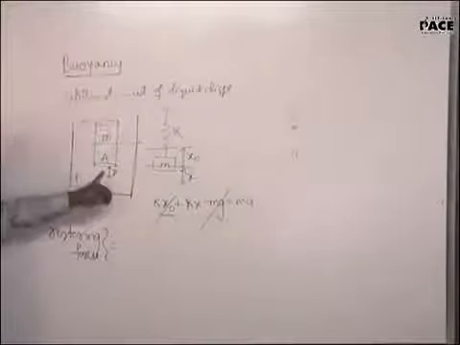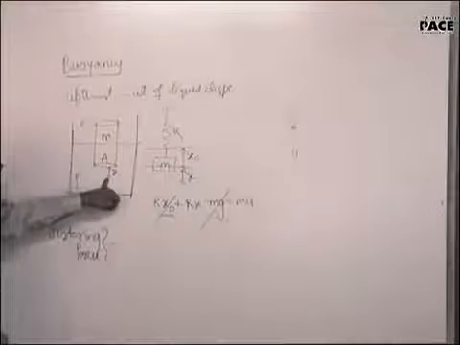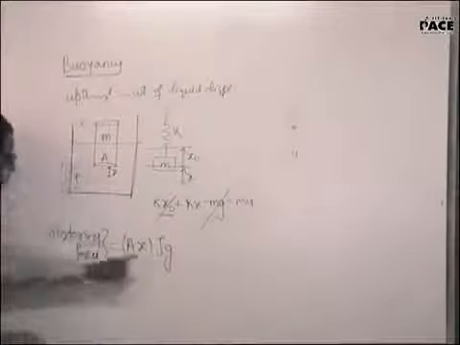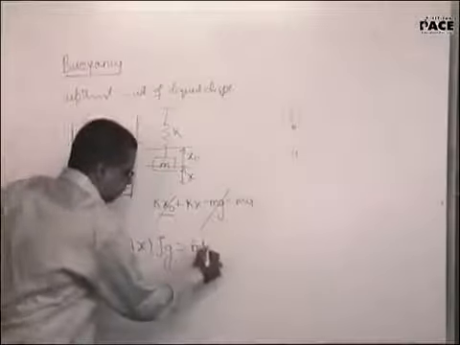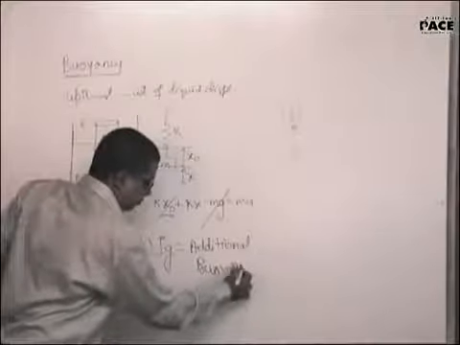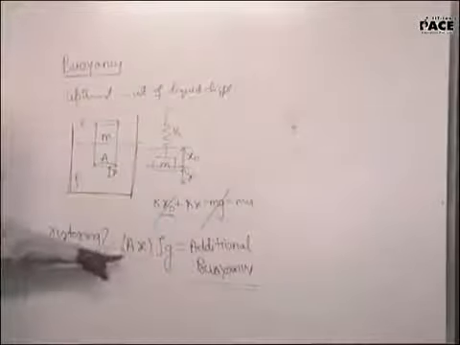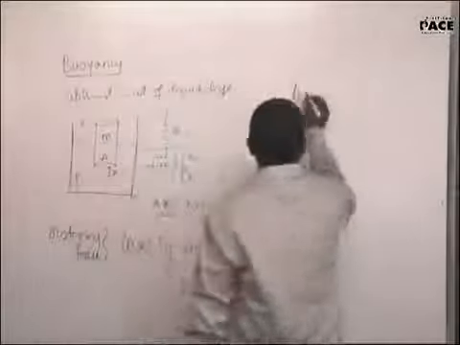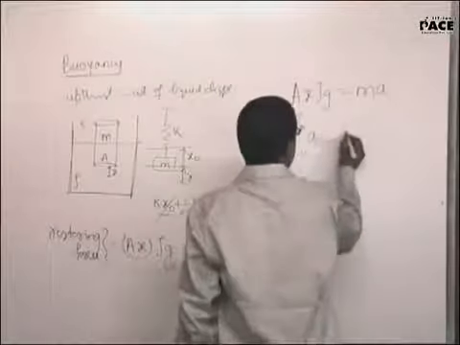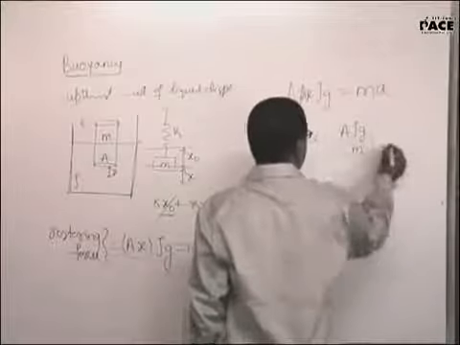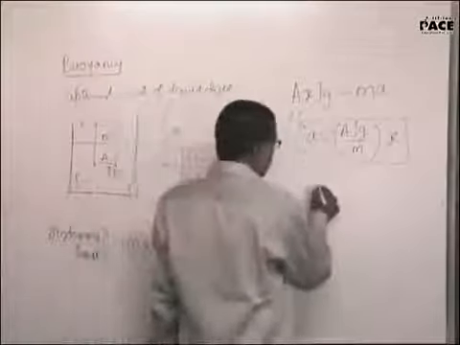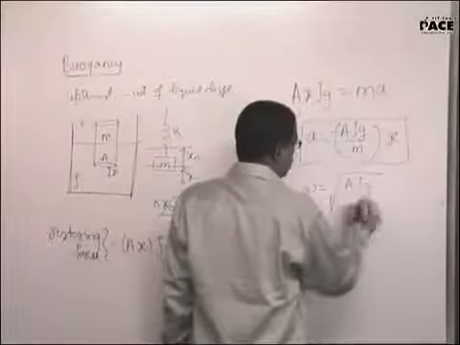So when I suppress it further by a distance of x from the equilibrium position, whatever is the additional buoyancy generated, that will be A x into rho g. This will be the additional buoyancy generated from the equilibrium position. This will be equal to the restoring force. So I write this as A x rho g is equal to mass into acceleration. a is equal to A rho g by m into x, obviously with a negative sign because a and x are not in the same direction. Omega will be under root A rho g by m.